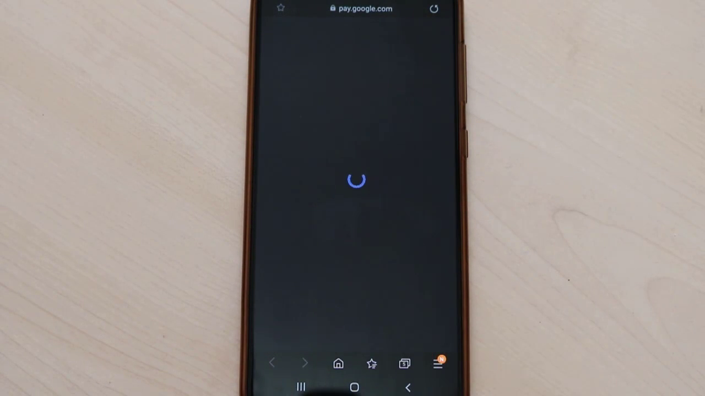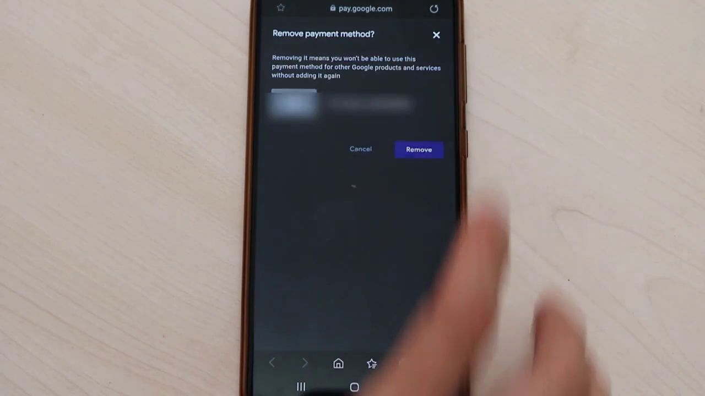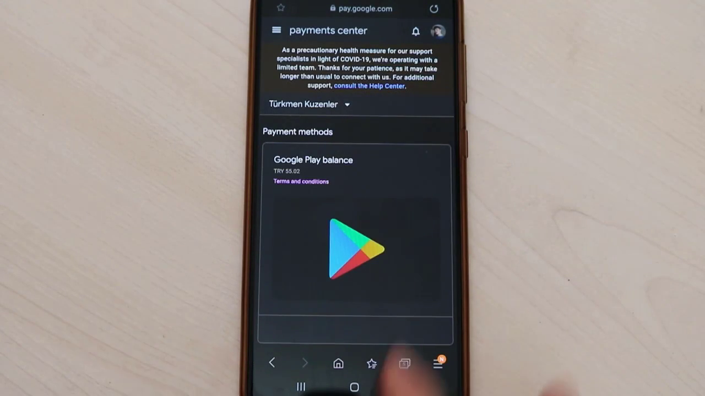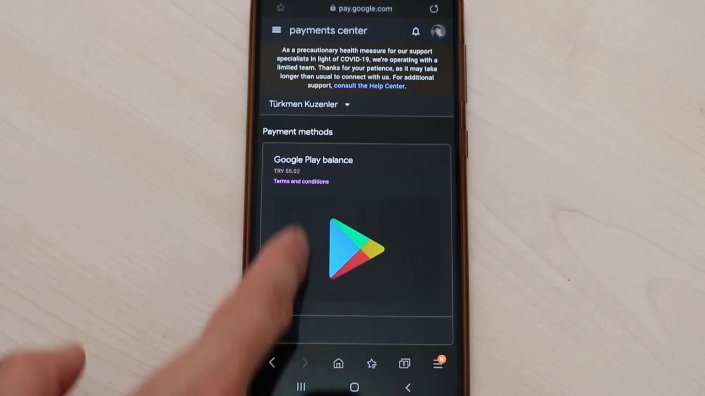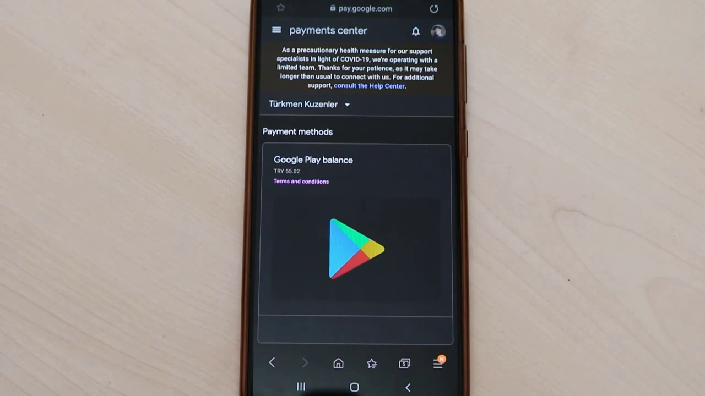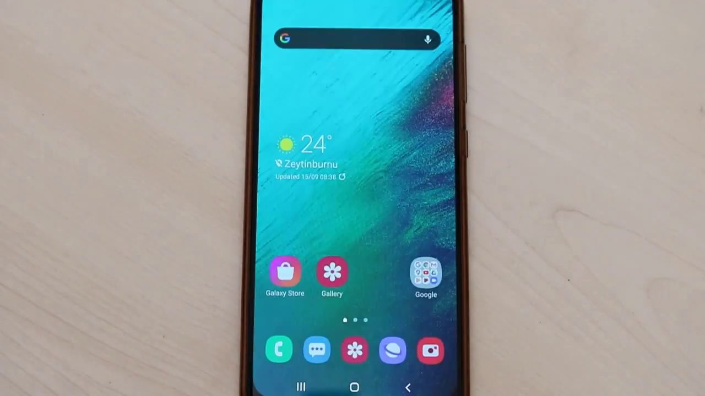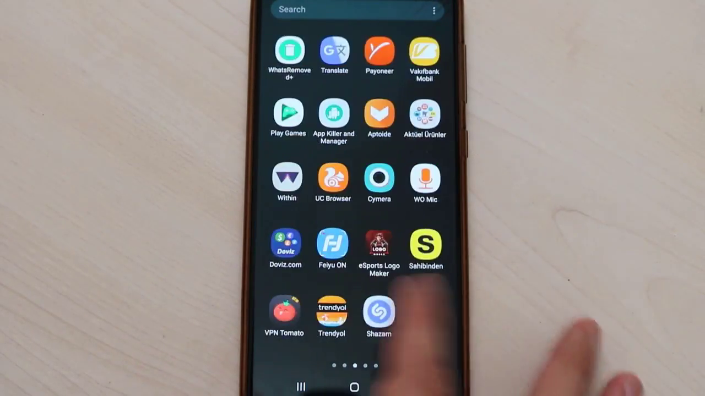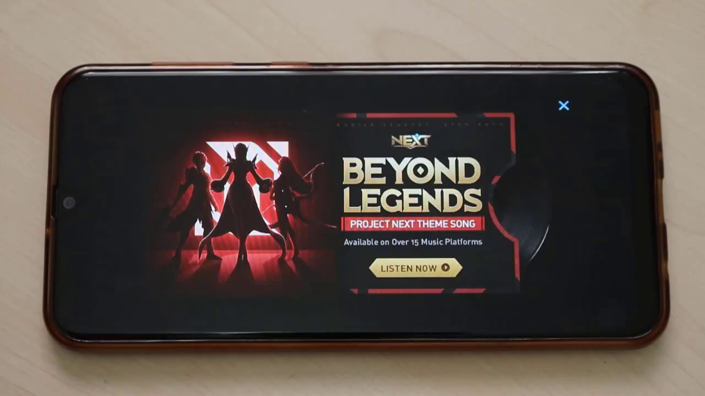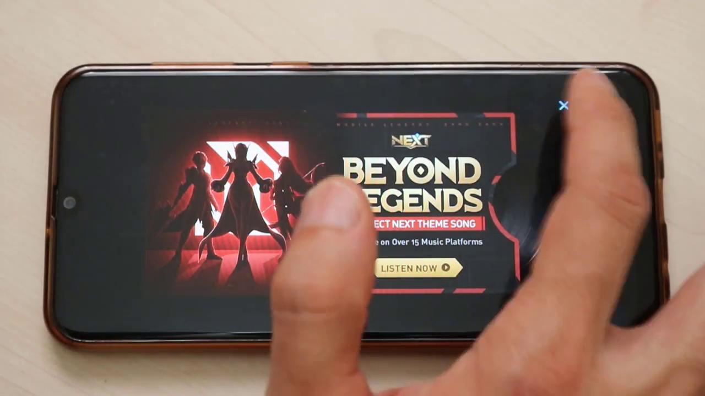It's my number. I'm going to remove my number here and just click on remove if you have these kinds of numbers, and just choose one. It's Google Play balance. Once you're done, close everything. Just go back here on your game to buy any stuff with that balance you have in your Google Play Store. So let's see, close everything,